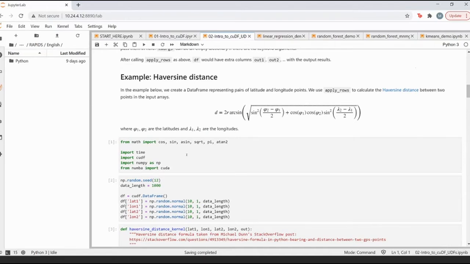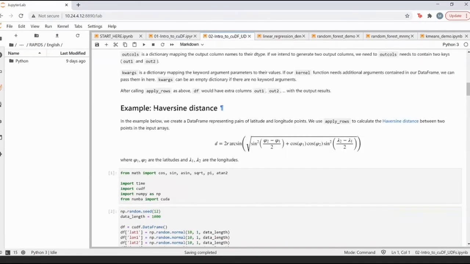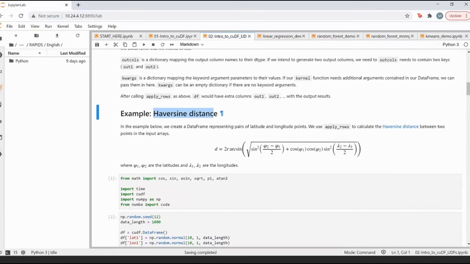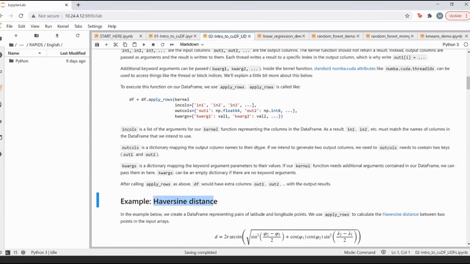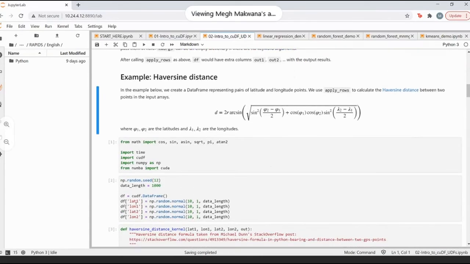I'll tell those details later on, but let's see more of the applied part. As an example, I'm going to calculate the Haversine distance, and I'm going to take as my inputs four values, which are latitudes and longitudes.